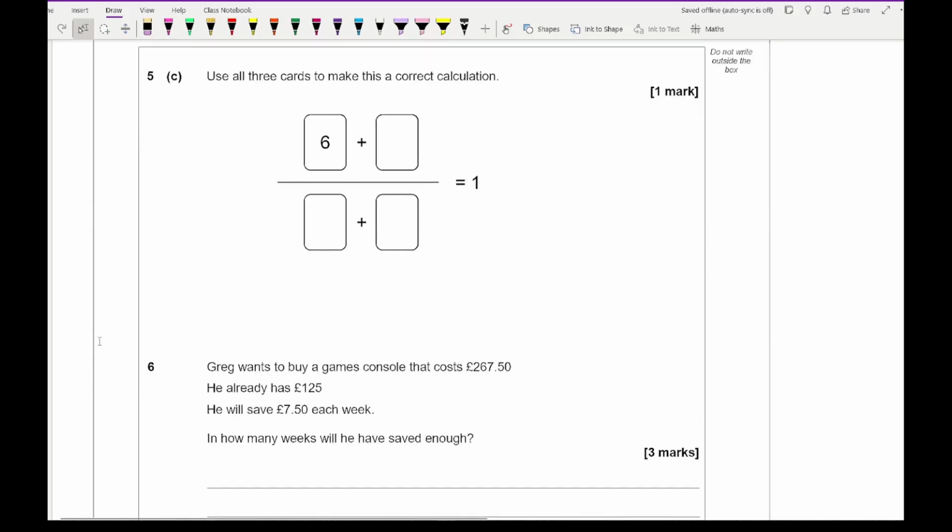Question 5c says use all 3 cards to make the correct calculation. Let me just remind myself of what those 3 cards were. So 3, 5 and 8. So let's have a look. We want to try and get it equal to 1, so what we want to do is make sure that the numbers are the same. So I'm going to go for 3 and